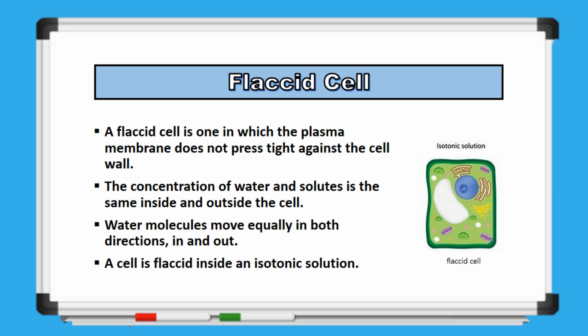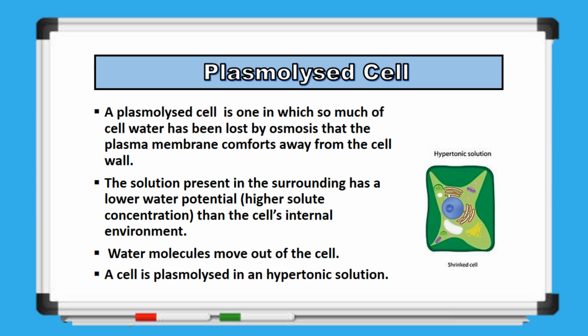in some areas. A plasmolyzed cell is one in which a significant amount of water has been lost through osmosis, causing the plasma membrane to detach from the cell wall. This happens when the surrounding solution has a lower water potential, higher solute concentration, than the cell's internal environment, resulting in water moving out of the cell. A cell becomes plasmolyzed when placed in a hypertonic solution. The diagram on the whiteboard shows a plasmolyzed cell, where the cell membrane has completely detached and shrunk away from